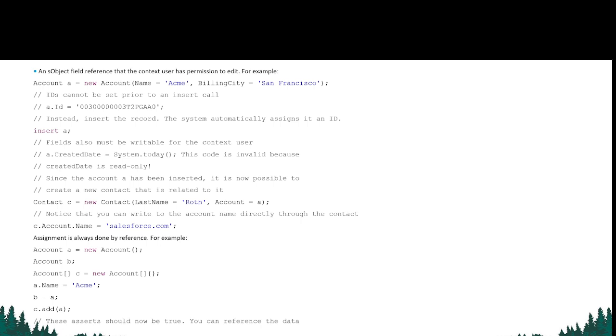Then we can have the sObject field reference, where the context user has the permission to edit the value. So you can have a new account with the name A, and then you get the name of that particular account as Acme. Then you are also storing the billing city, San Francisco. The IDs do not need to be inserted. Then after that